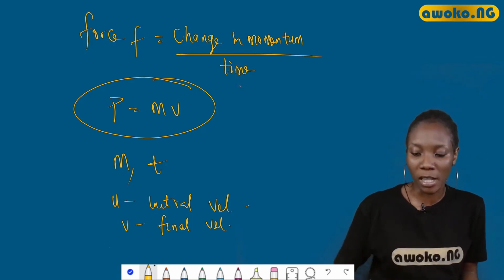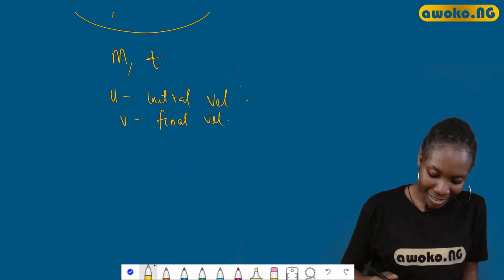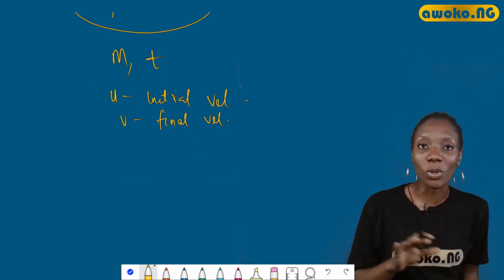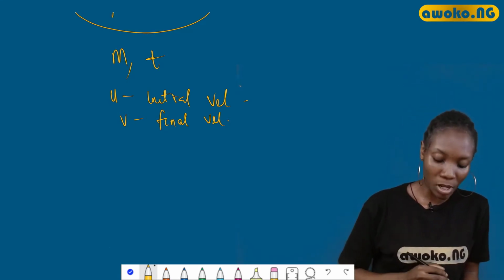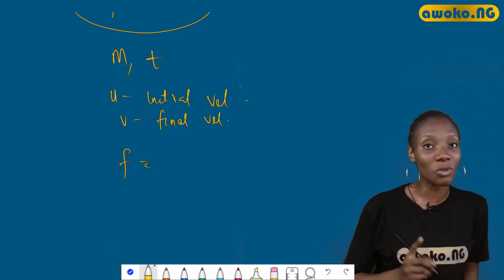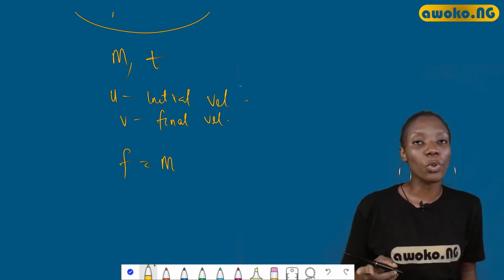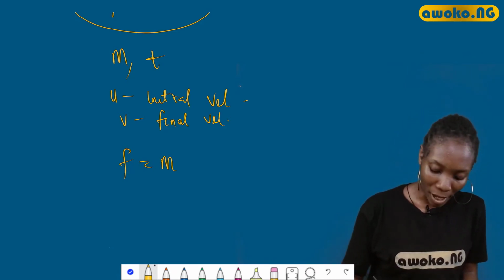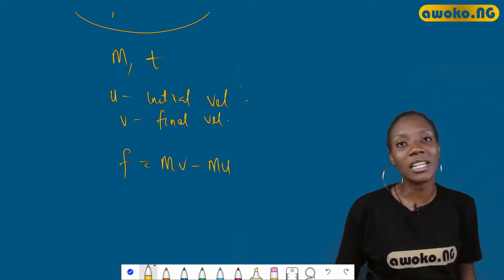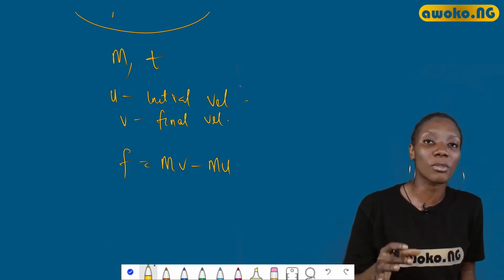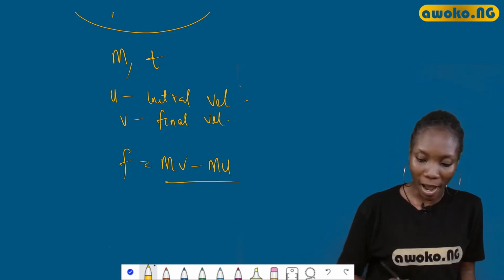Now, suppose we have this scenario. We can rewrite this Newton's second law very easily. Physics is just connecting the dots, and that's all. Put one formula into another formula, you've gotten it. So we can rewrite this Newton's second law as F. Remember, we said it was the change in momentum over time. Now, change in momentum, body moves from one velocity to another velocity. So we have this as mv minus mu. Remember, I said in our previous lessons that if you want to get a change of something, it's always the final minus the initial. Okay, so just take note of that over our time t.